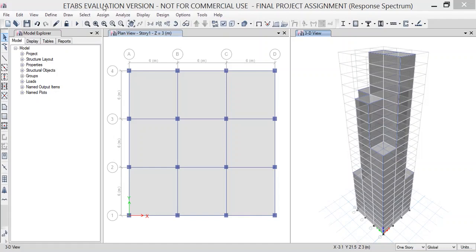I will be showing you my second assignment as a part of the Sci-Fi Lab workshop. In this video, I will be showing you the analysis and design of a seismic resistant building, which is carried out by two processes. In this structure, I have defined the various material properties as well